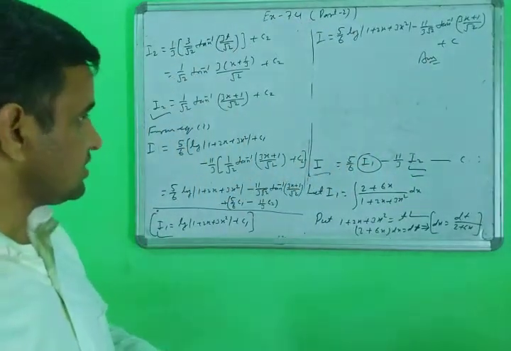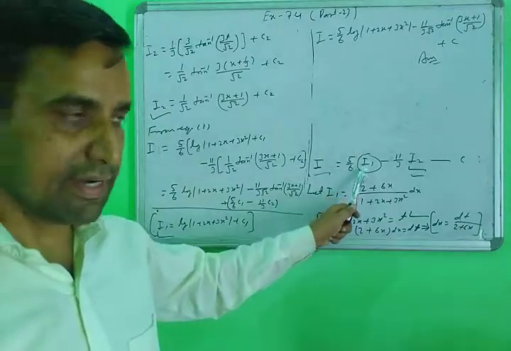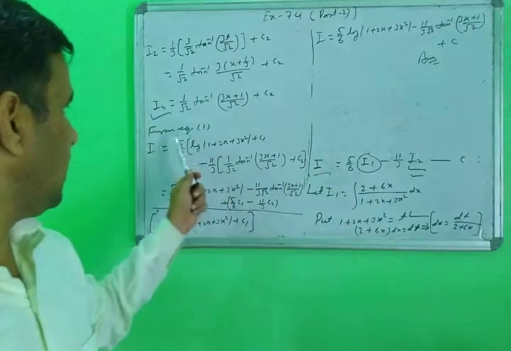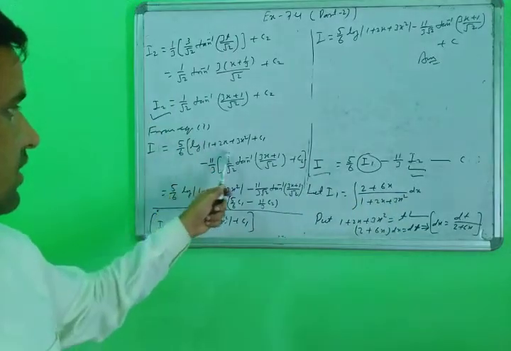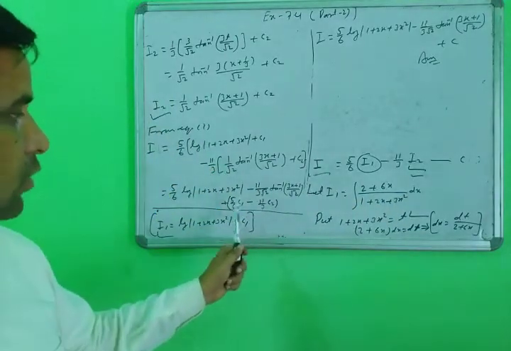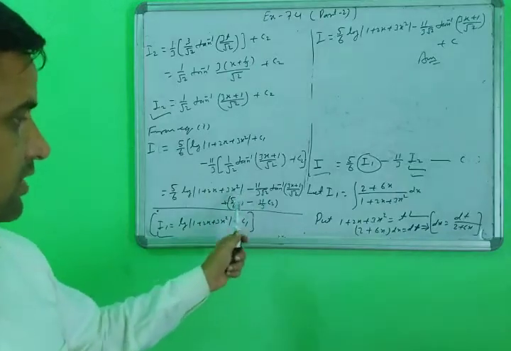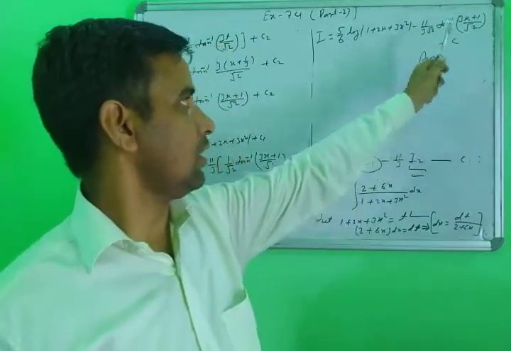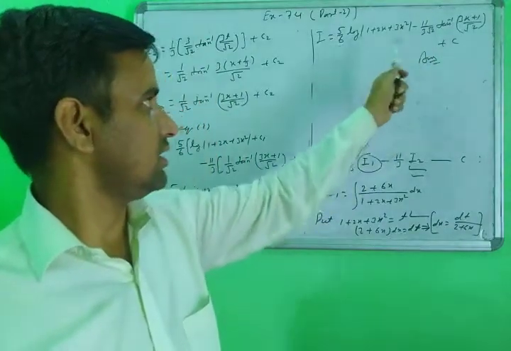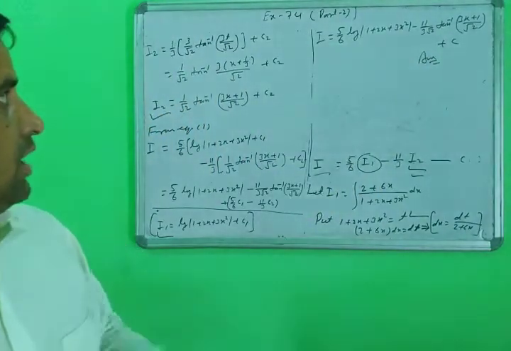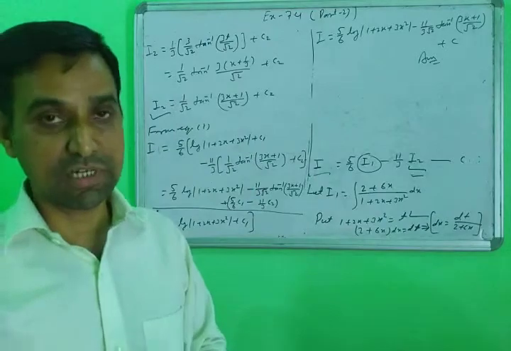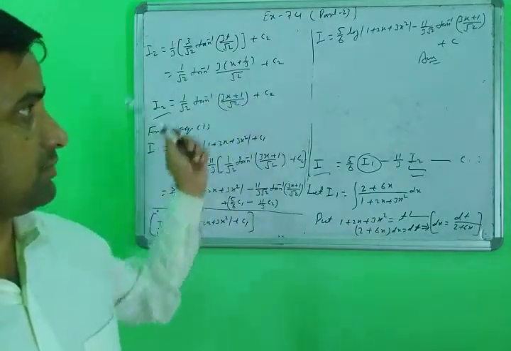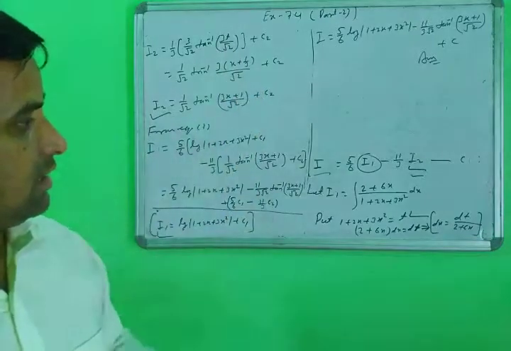So very simple things. First of all, you solve I1 separately and I2 separately, then put both I1 and I2 in the first equation this way. Then when you calculate the constant terms, you write only the last c, since every constant is called c. This is your final answer. Just note it down. This is a very important question, a special type of question based on the property of functions. Yes, note it down.